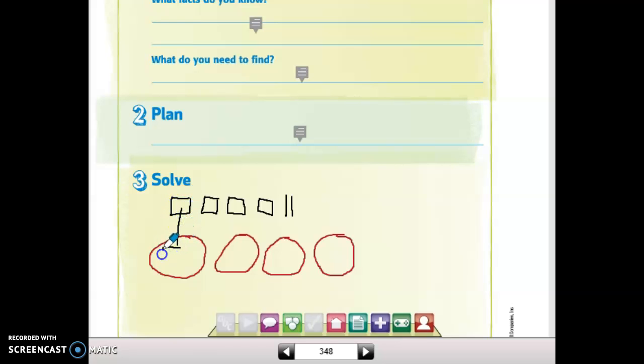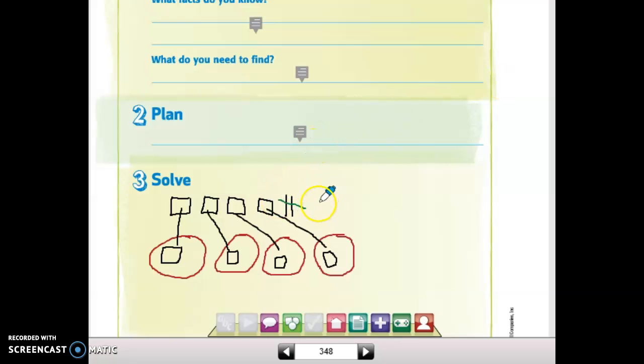So this 100 can go in each group. So 100 there. This one can go here. This one here. And that's nice because I've got 4 hundreds and I've got 4 groups, which makes 1 in each group. But I can't do that with the tens because I only have 2 tens. So I'm going to need to break that apart